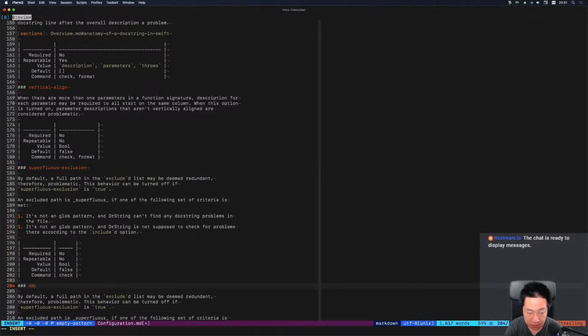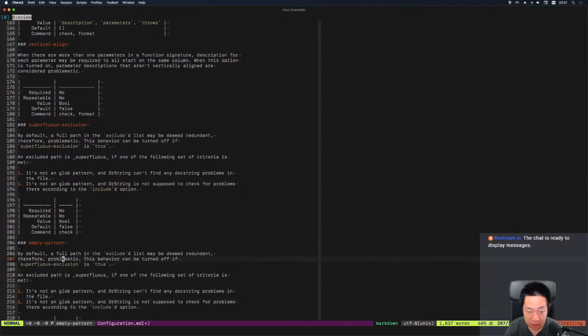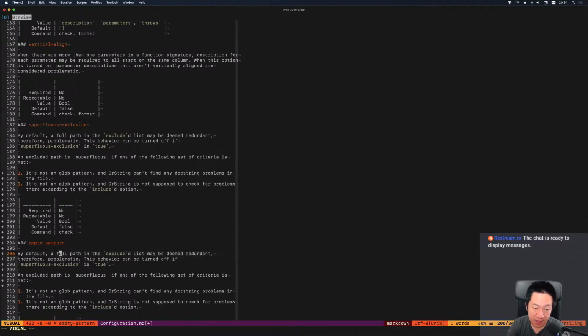And let's call this empty pattern. So what should I describe in this option? By default, a for path may be deemed redundant, therefore problematic. This behavior can be turned off if superfluous exclusion is true. Okay, let's try this. By default, pattern, file pattern, or a path pattern in the